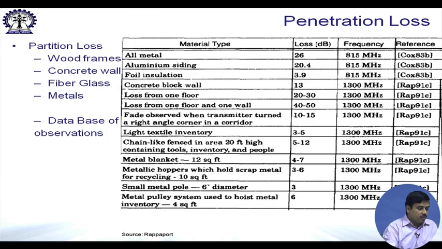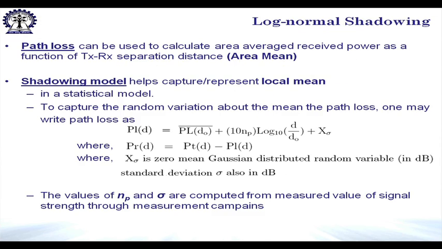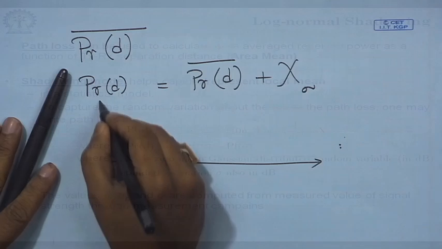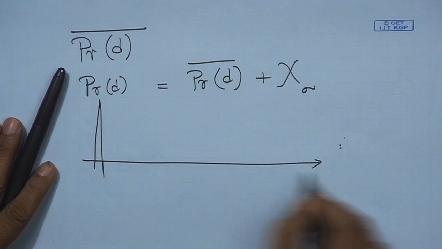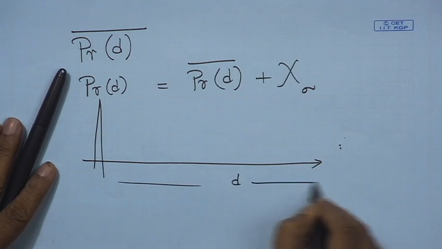So, basically what we mean by this is, in this formula, how do we get these values of X sigma? Now, these X sigma are basically Gaussian random variables with zero mean and a particular value of standard deviation. So, these values have to be generated following this distribution. Now, what we can remember is that we have the separation distance between the transmitter and the receiver, which is given by d,